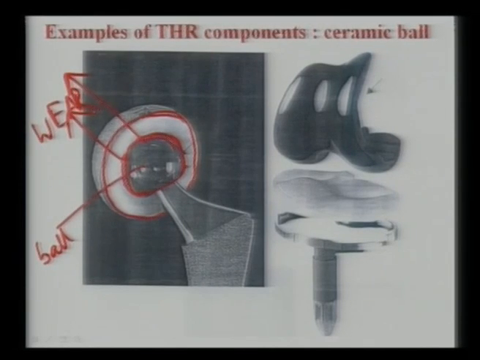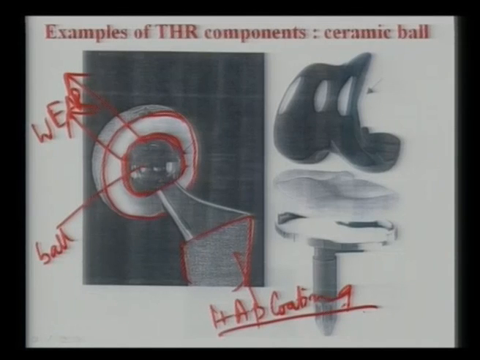So both friction and wear resistance are important at this surface, and this is your hydroxyapatite coating on the femoral stem. And this HAP coating, as I have said, is done from a biological perspective, and this is your uncoated femoral stem,